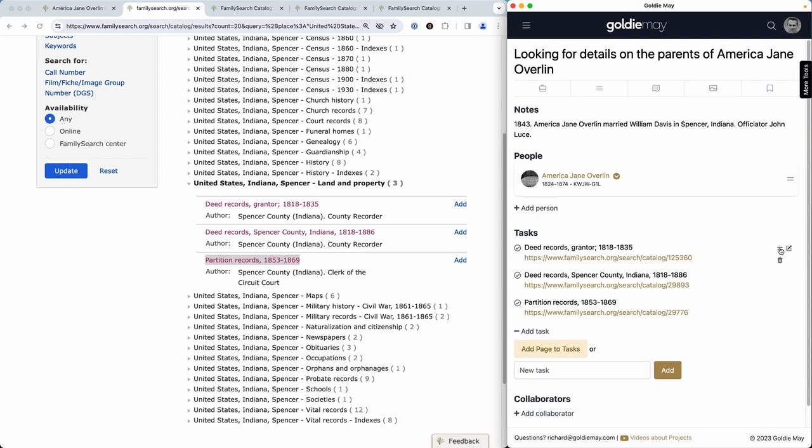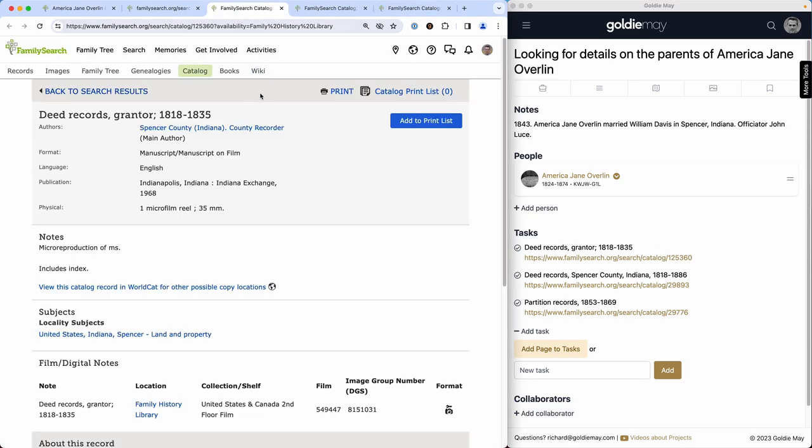If you add them in a different order than you want to search them, then you can just drag these around and choose your order. So that's how we could use those. So if I hadn't opened up these tabs already, I would click the link to open the tabs. But here we are. We're on